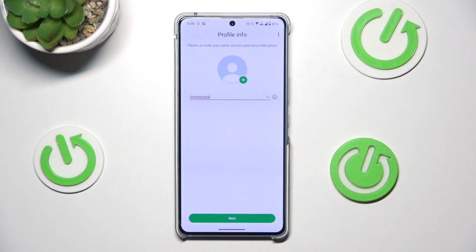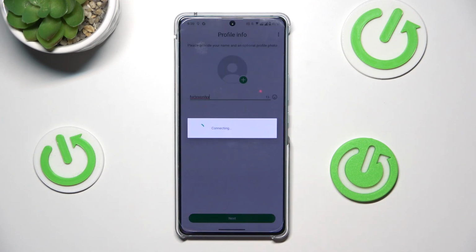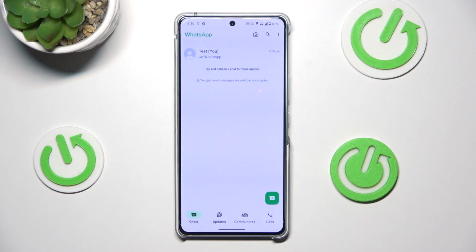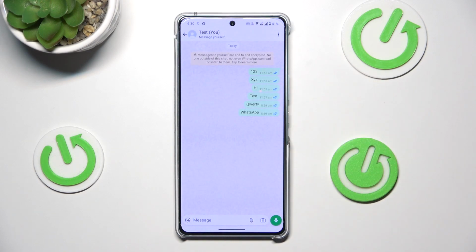Here you can type your name, profile name. Simply click on next. And as you can see, the messages have been